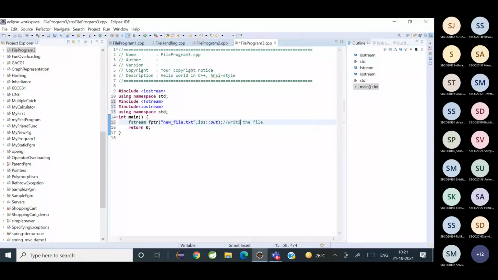So writing to the file. Now suppose I write, say, char word, say 80. Okay, and I'm writing cin, the input.